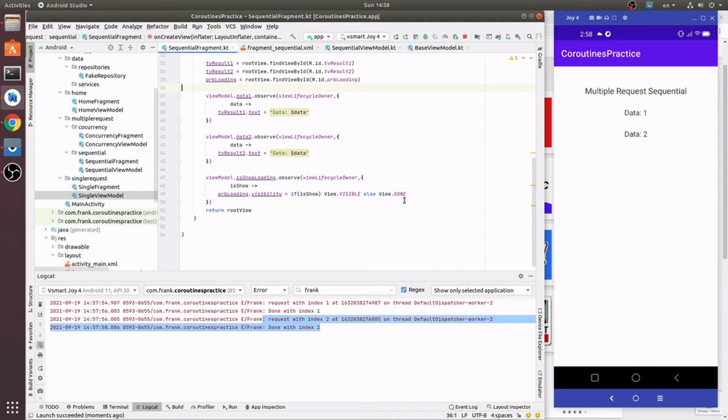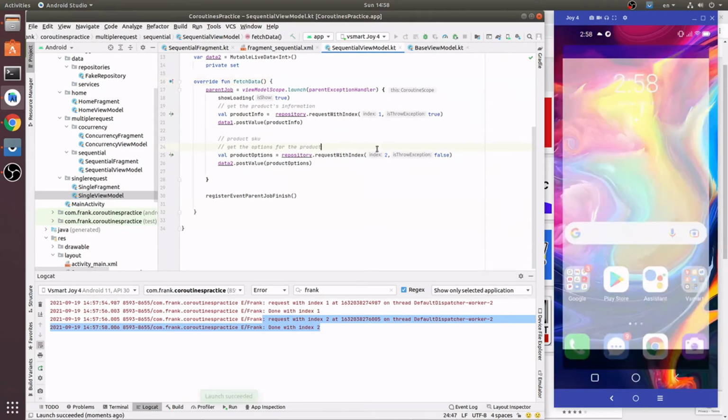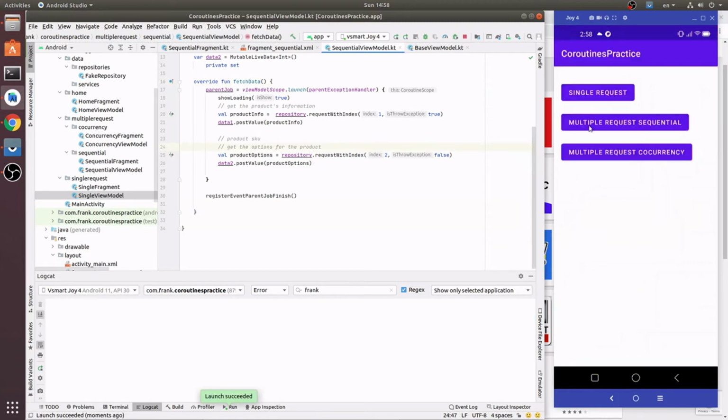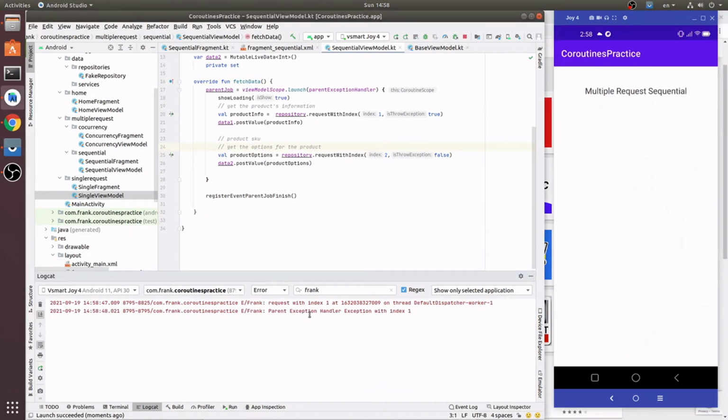It means that one of our two requests fails. For example, I want to pass true for the first request, and it will throw an exception. You can click on here and you can see. From the log you can see that request 1 starts, and it throws an exception